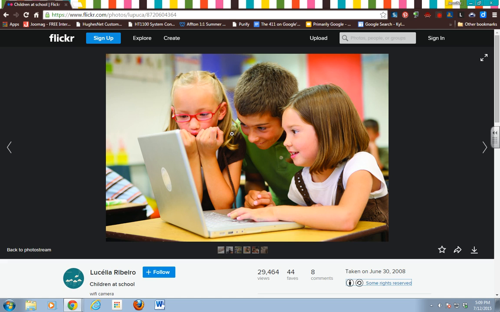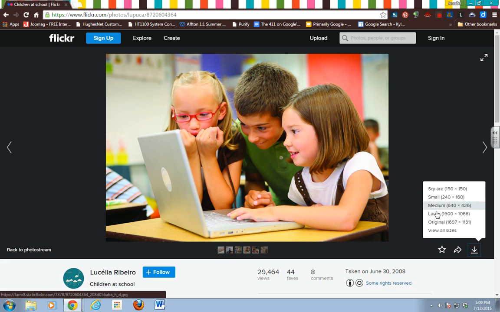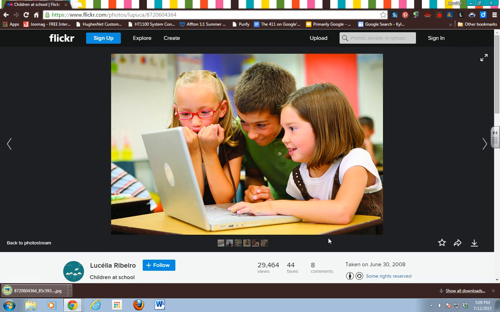graphic organizer later. So you can click on this button right here, the download button, and you can choose whichever size you want. I'm going to do medium. It's usually a pretty good size. So I downloaded it, and here is the original author, and here is the original link. So you need to have,